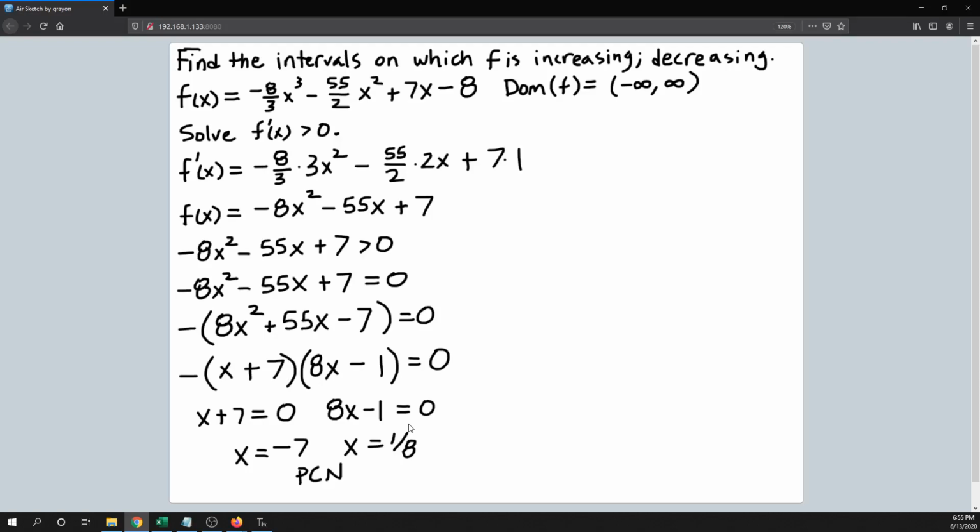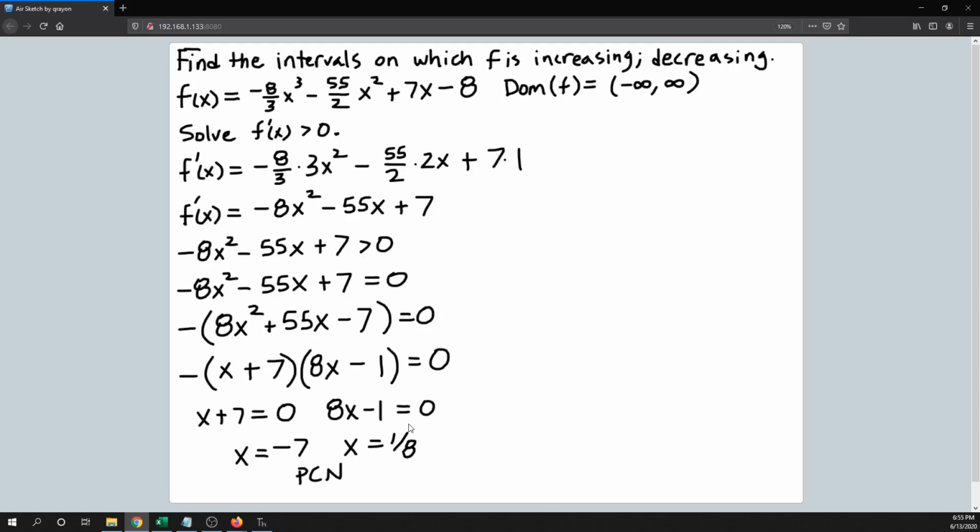I just noticed I left a prime off over here. So let me go back and fix that. Sometimes when I make little marks like that on this iPad that I'm using, it doesn't show up and I don't notice it. So okay,